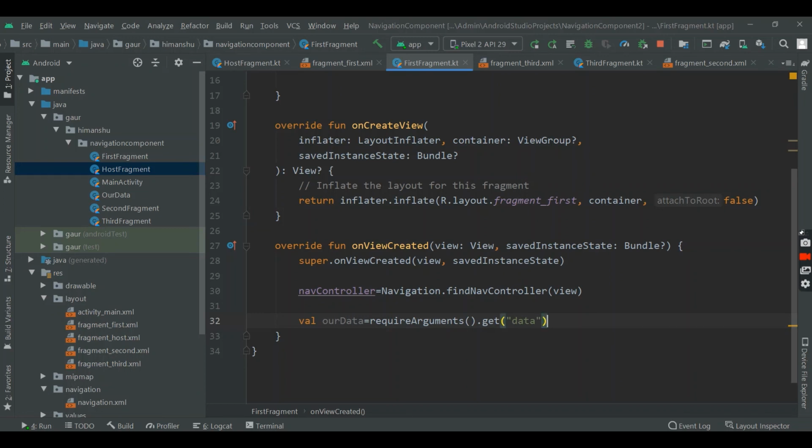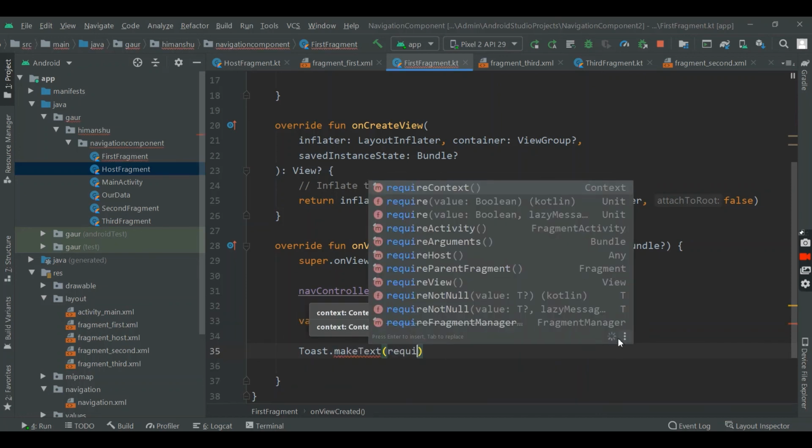Now I will typecast as our data. So this our data will contain the data which we sent from the host fragment.